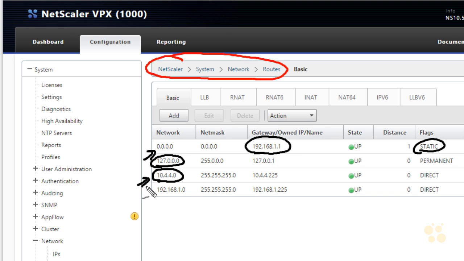Then here it shows us that we have a route to the 10.4.4 subnet. And the reason this is here is because we have a subnet IP that begins with 10.4.4 and has a 24-bit mask, and as a result, it assumes that we are directly connected to that subnet. And over here in the flags, the direct is a reflection that we are directly connected. And because we have interfaces in the 192.168.1 subnetwork as well, we are also considered to be directly connected to